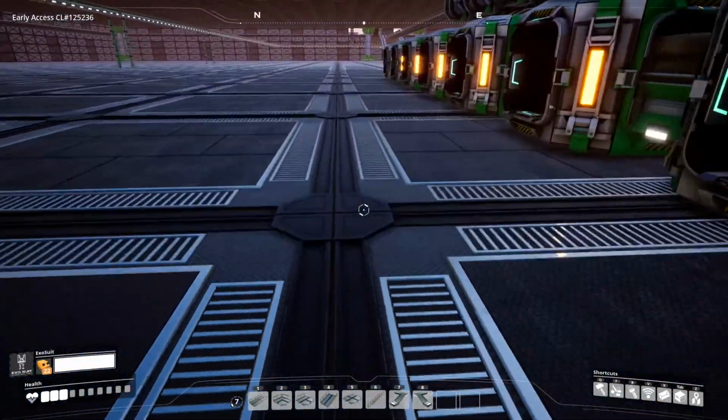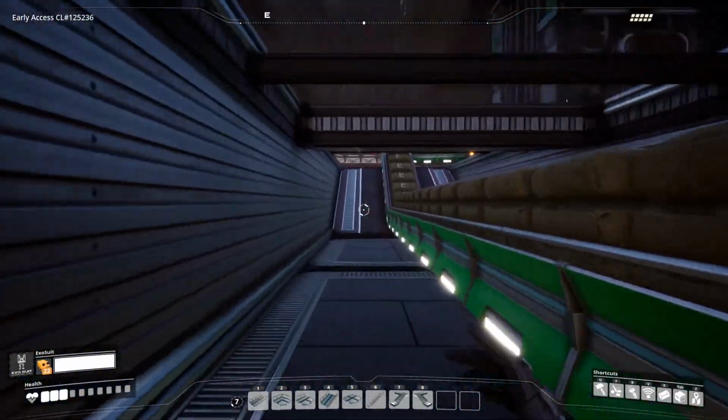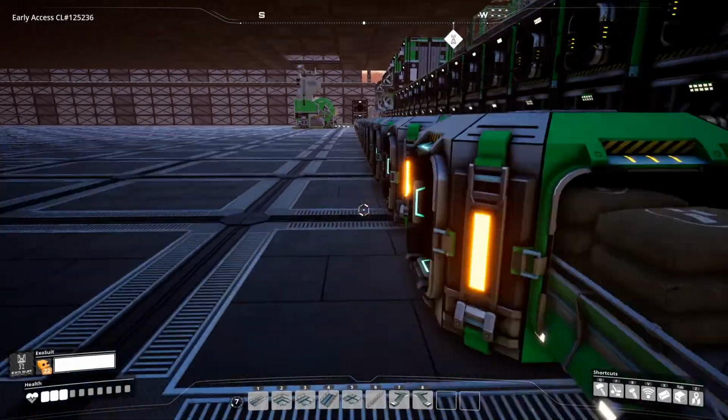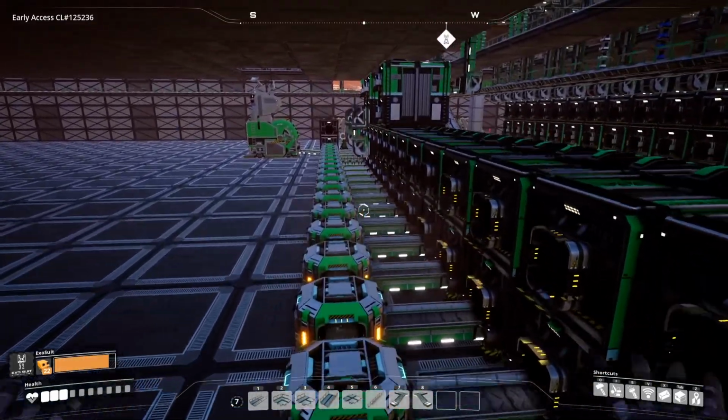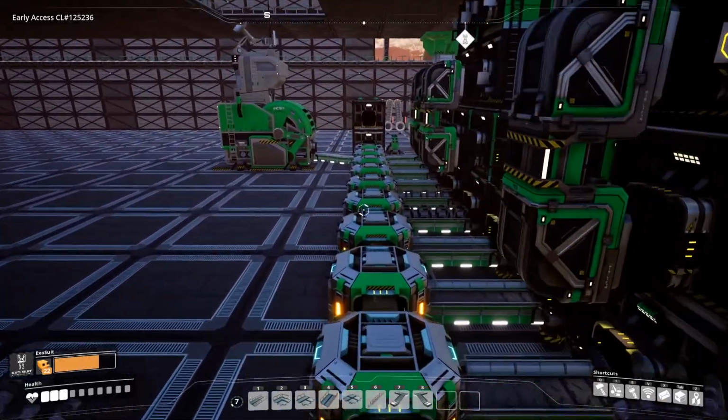At the end of this row, the line dips under the floor, comes out again on this end, and there's more splitters here for this side of the storage. And at the very end,